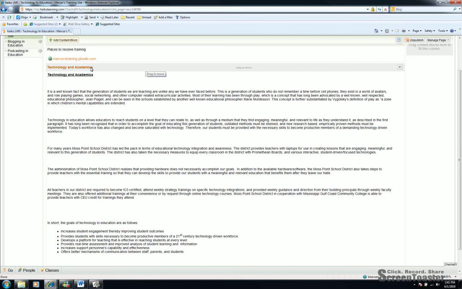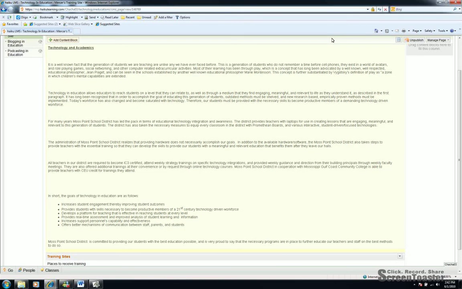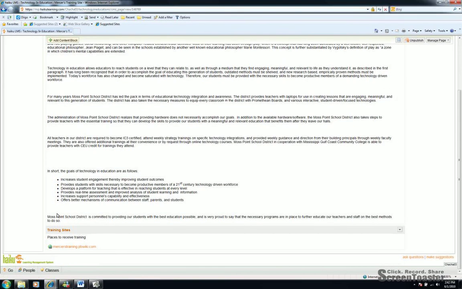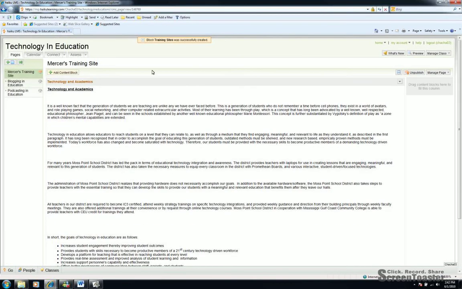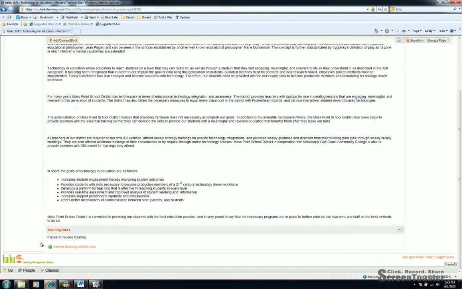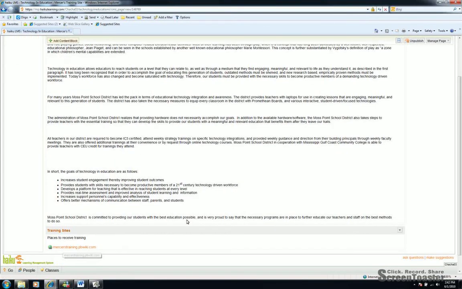As you can see, it placed it at the top, and this can be moved around however you would like. As you can see, as I hover my cursor, it changes. It gives you the tooltip drag to move, but it also changes to the 4-way cross, and if I click and drag it above, it'll put my training site's links below. So now on this page, I have on-page text, I have a web link,